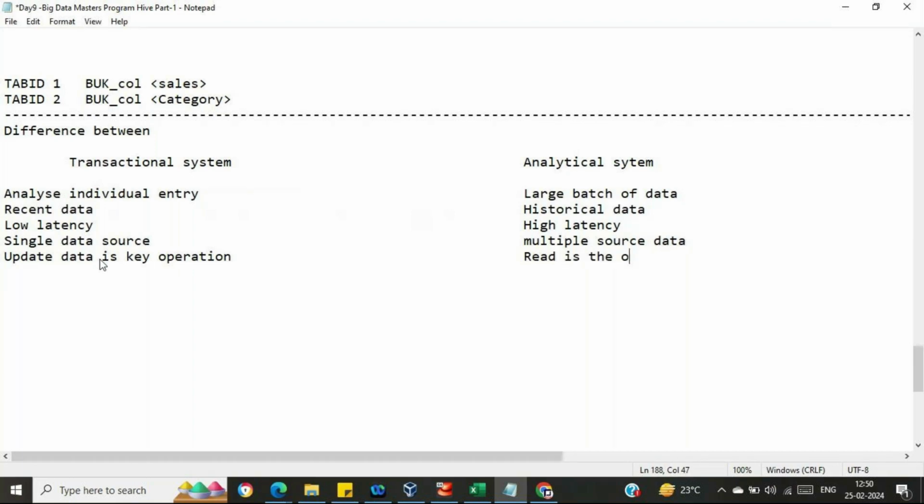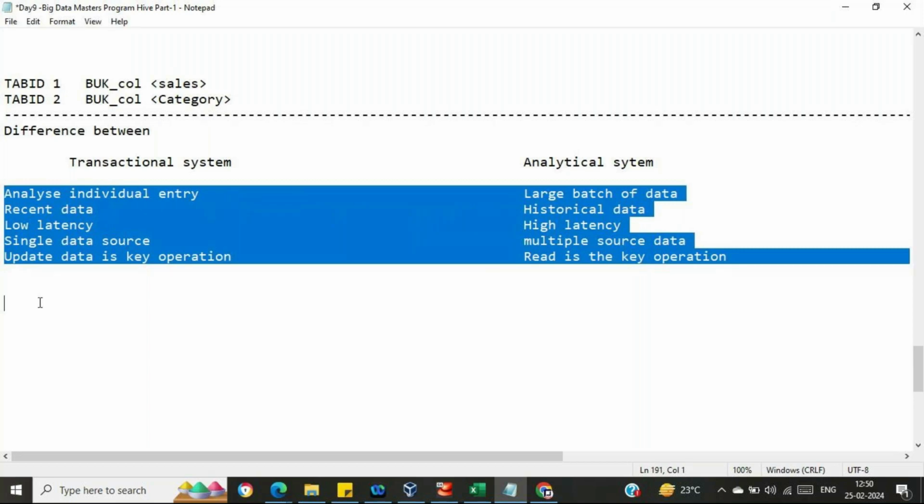Key operation. So we just need to read the historical data and then proceed onto the analysis of that particular data. So read is the key operation over here. Okay, so these are the differences between transactional system